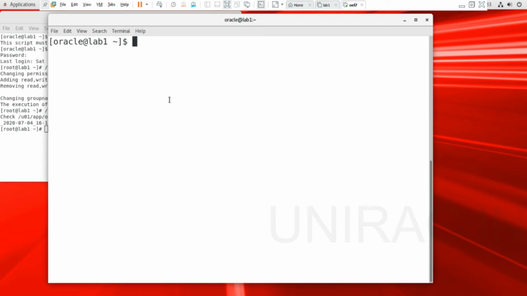The binaries already exist in this server. We are just creating a new database using the existing binaries in a silent method. In the silent method, we are going to execute from the command line.